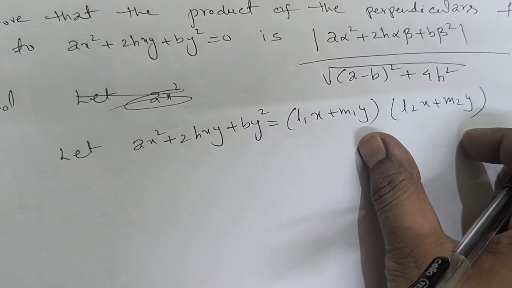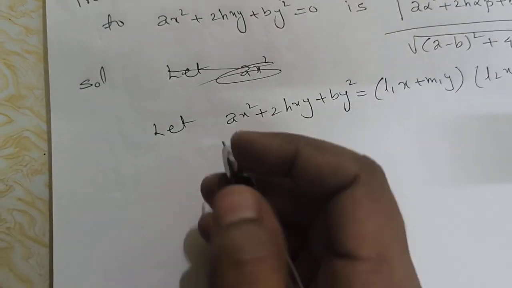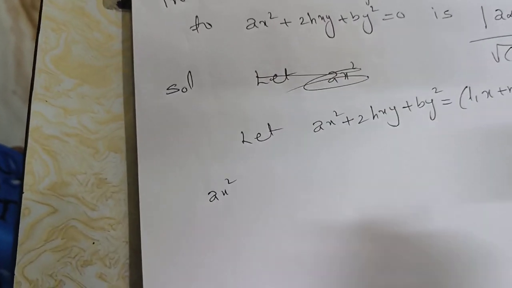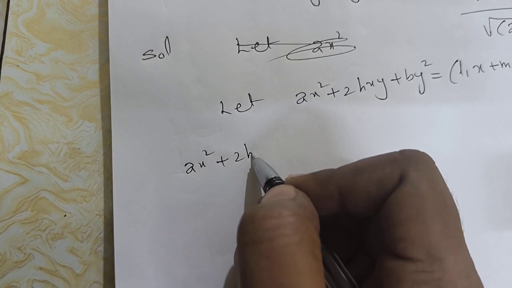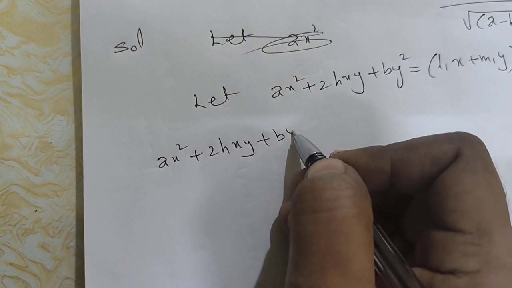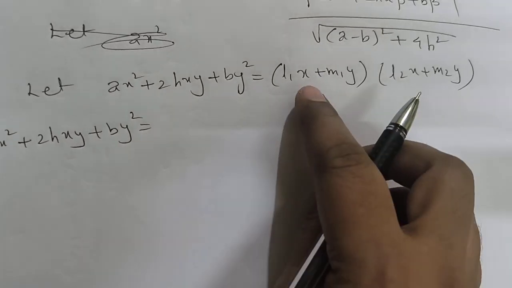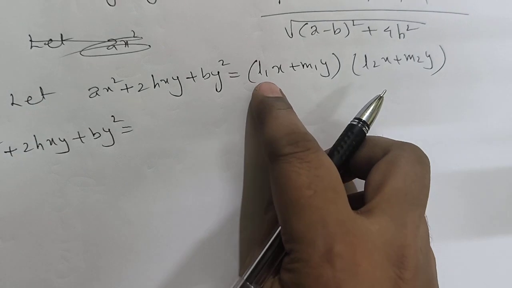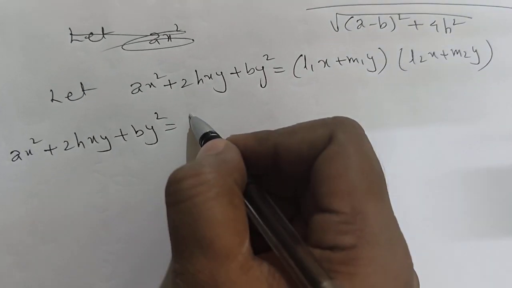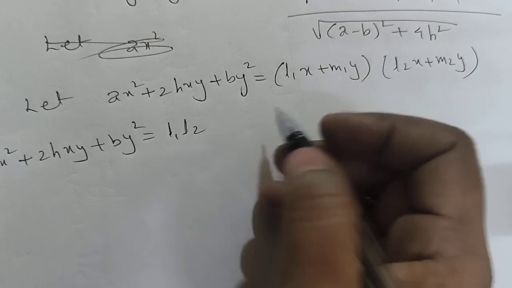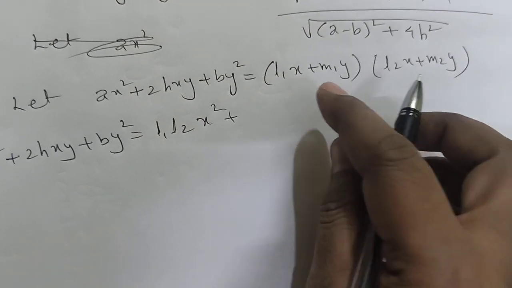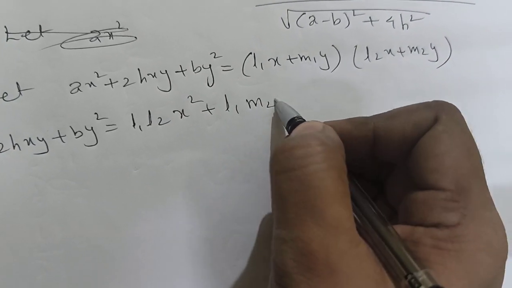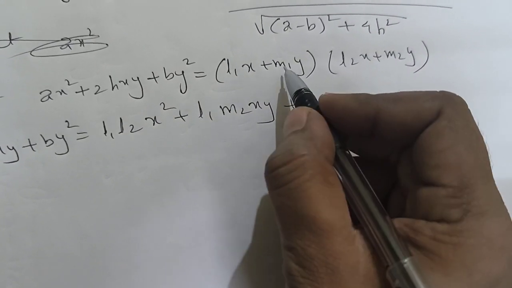So product of these two is equal to this line. Left hand side keep as it is, ax square plus 2hxy plus by square is equal to L1x is multiplied by L2x and M2y. So L1 into L2 becomes L1 L2, x becomes x square plus L1 M2 xy,